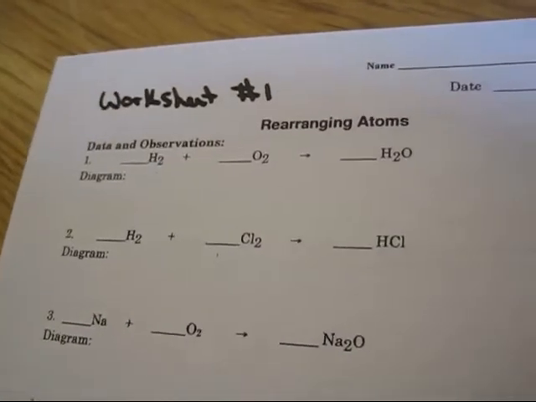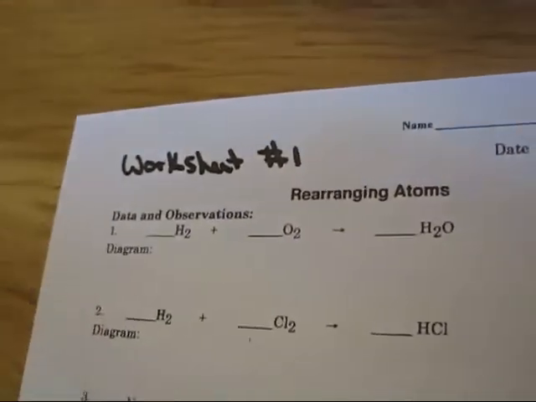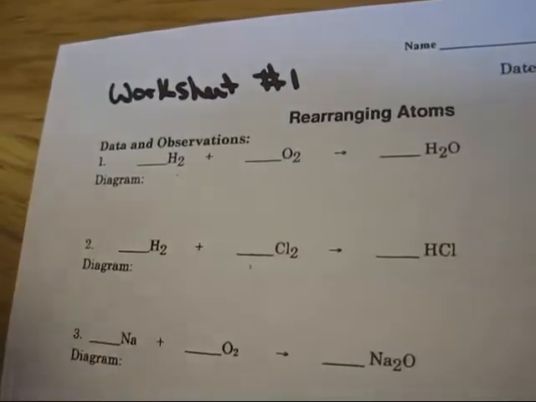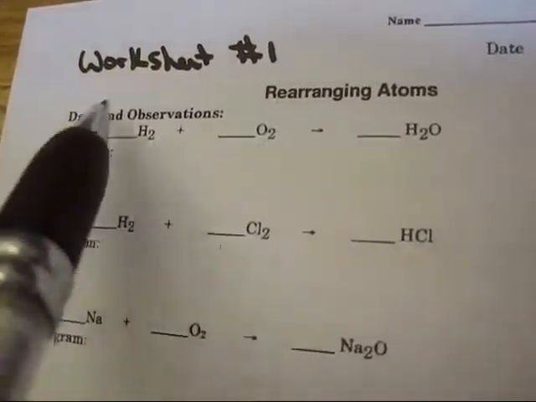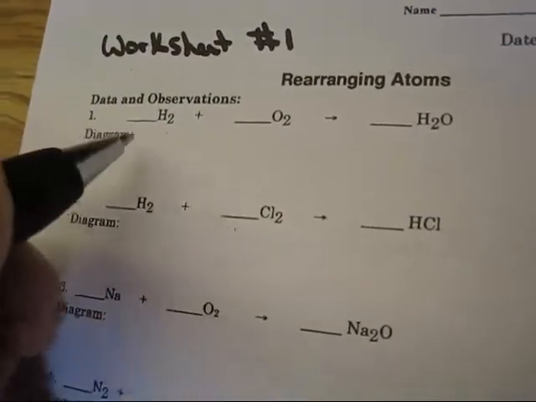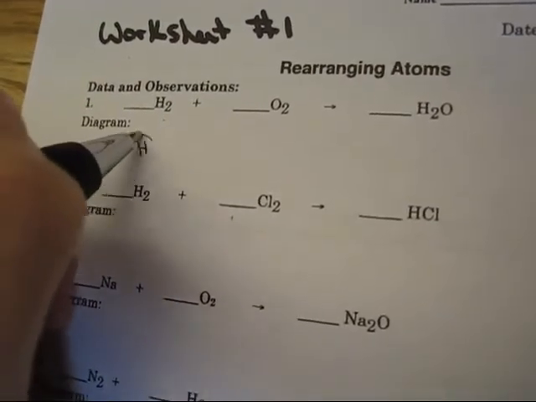So if you weren't here today, we did this worksheet 1, and I'm going to do part of it and see if you can do the rest of it. So basically, we're just trying to balance this equation, get the same amount of atoms on this side as on this side. So I'm going to start out with 1